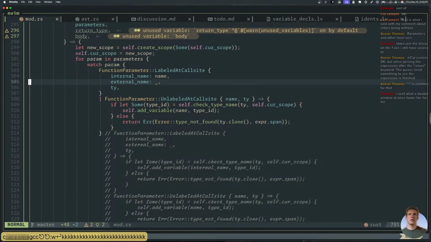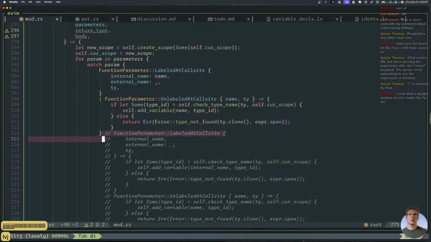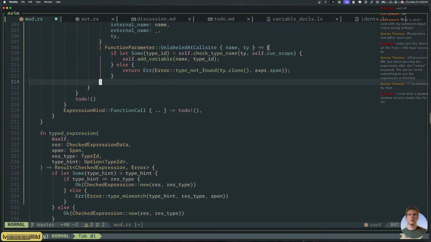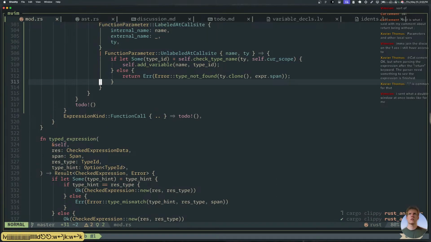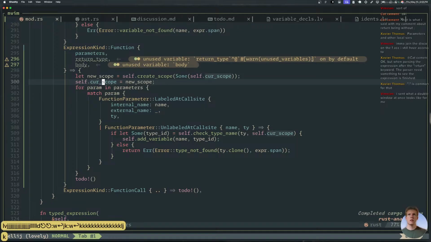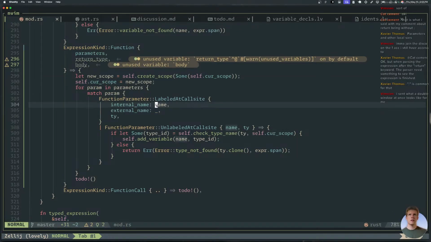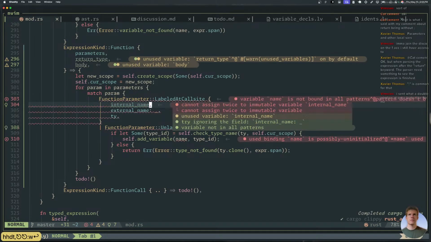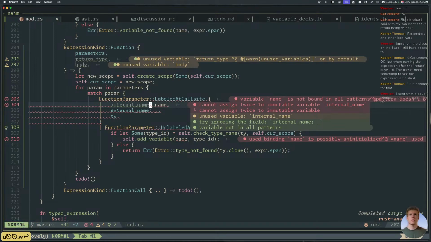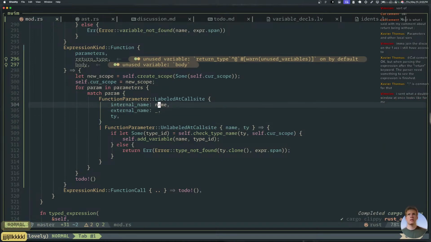That's kind of crazy that that actually worked. You guys see this? This is kind of nuts. Because I named this the same, it lets it through, and it's the same type. That's pretty cool.